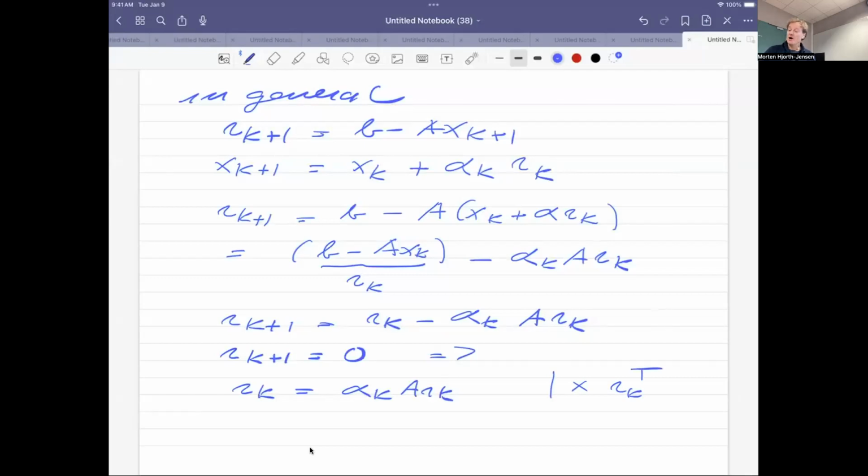So what I get then is that alpha(k) is equal to R(k) transpose times R(k) divided by R(k) transpose times A times R(k). So this alpha(k) plays the same role as this learning rate. Because when I plug this in, what I can find then is that